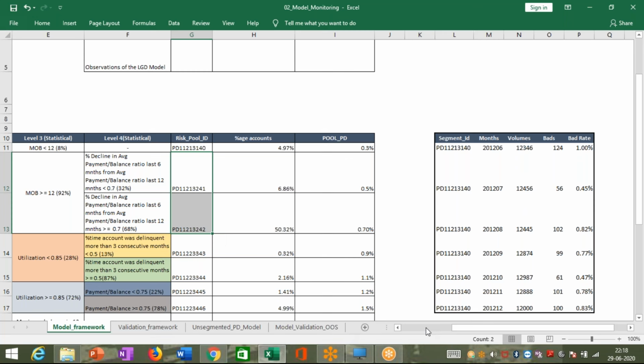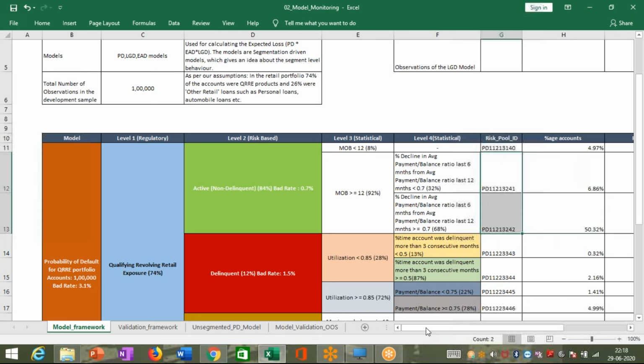So segment validation tests. I'll just break it down with columns. So segment validation test. Okay, now I have the segment validation test done in the next column. So if you come over here,